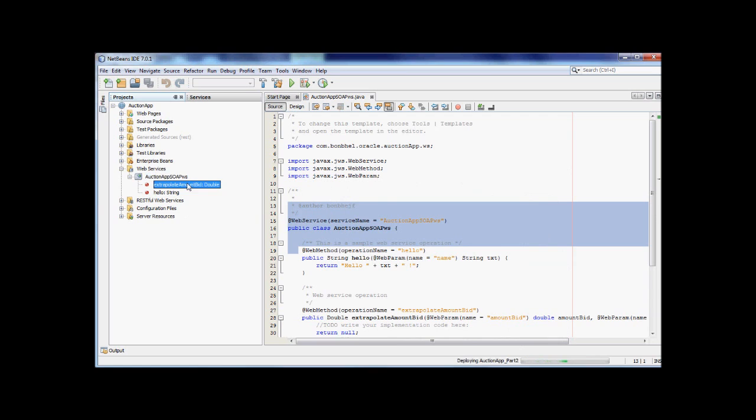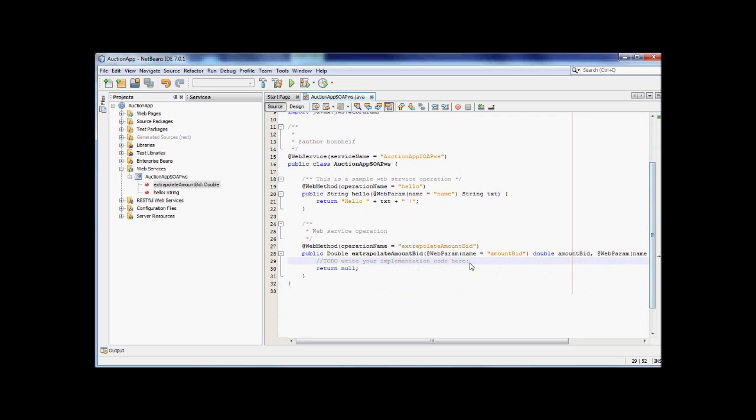Great. Now our operation was added in the web services. We can see the code here. This is very simple to generate a web services with NetBeans. So now we are going to add some business logic in our web services. For example,